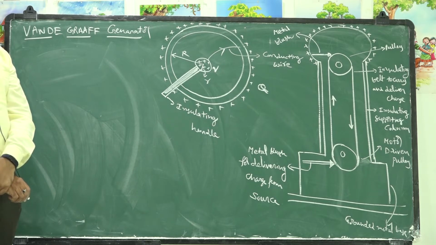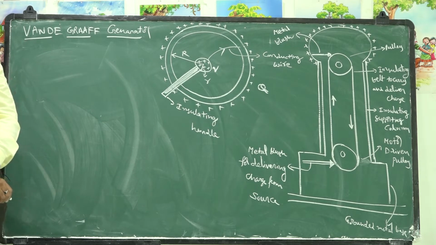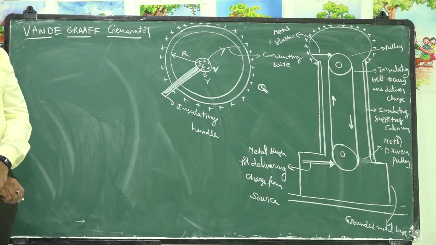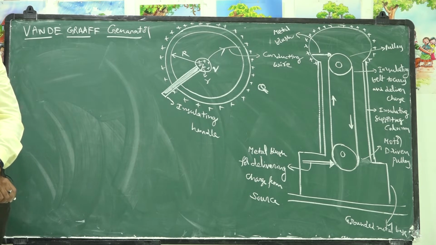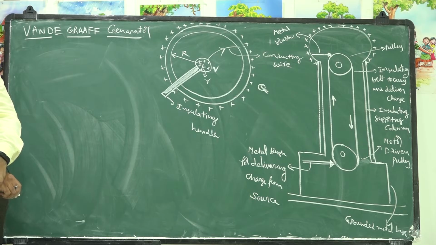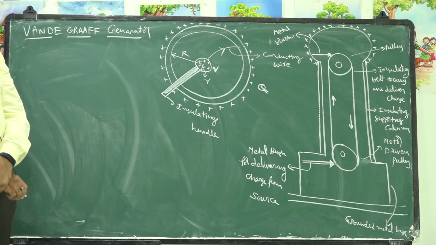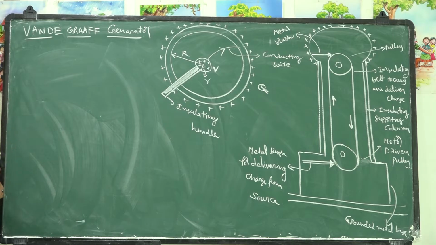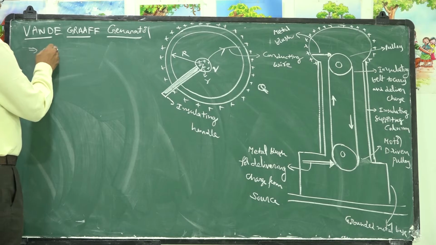In order to generate a fast moving ion or a proton, they have to be accelerated in a high voltage electric field. To create high voltage electric field, Van de Graaff generator will provide us a method of generating the required high voltage electric field. So the purpose of this Van de Graaff generator is to accelerate